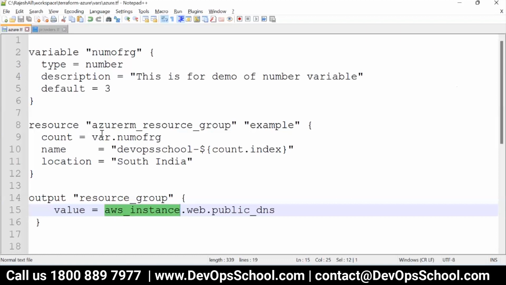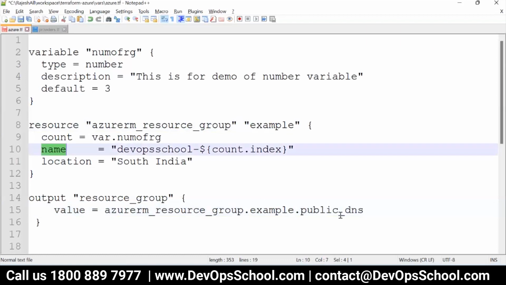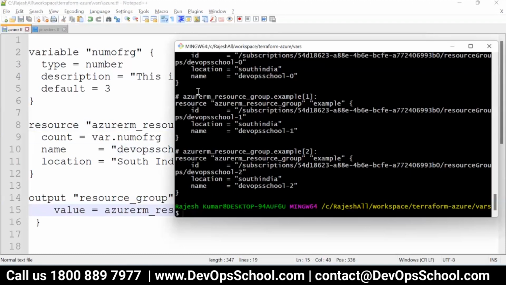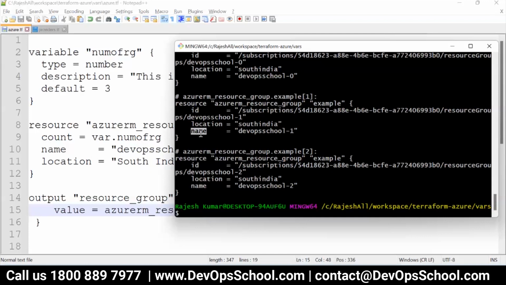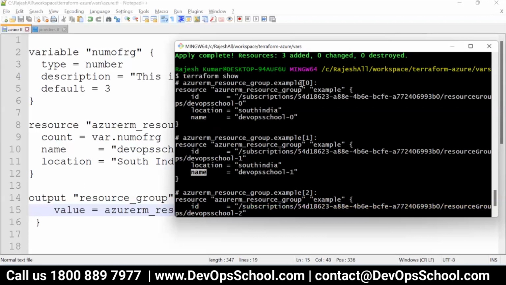So what is the resource? This one. And what is the name of it? Example. And what is the value? What do I want to display? Name. Are you understanding, guys, all of you? If you're not sure, you can copy from this one here. Now you know the problem I'm having here: example.name will not work. Why? Think and tell me why it will not work. So it's a list. Wonderful. It's a list. So what you should do,